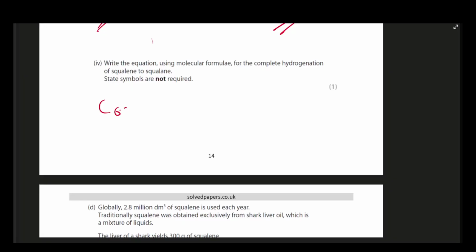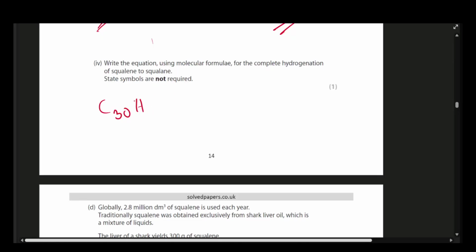C6, actually C30, squalene to squalane, they say. Squalane contains no carbon-to-carbon double bond, but squalene does. So obviously C30, and since it's an alkene, it contains 6 carbon-to-carbon double bonds,